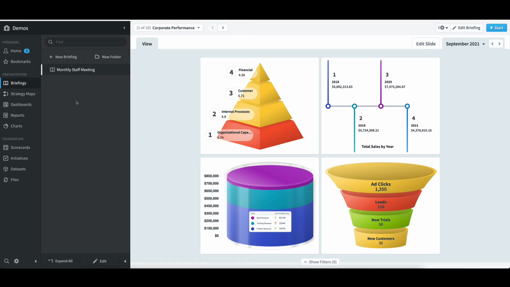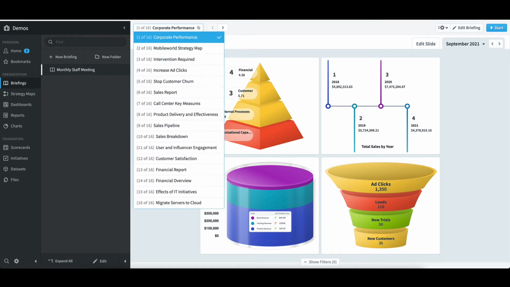On the first page of the briefing is the Corporate Performance Dashboard. In the pyramid in the top left, I can see that 3 of my perspectives are performing okay in the yellow, while the organizational capacity perspective is performing poorly in red. If I skip to page 6 of the briefing,